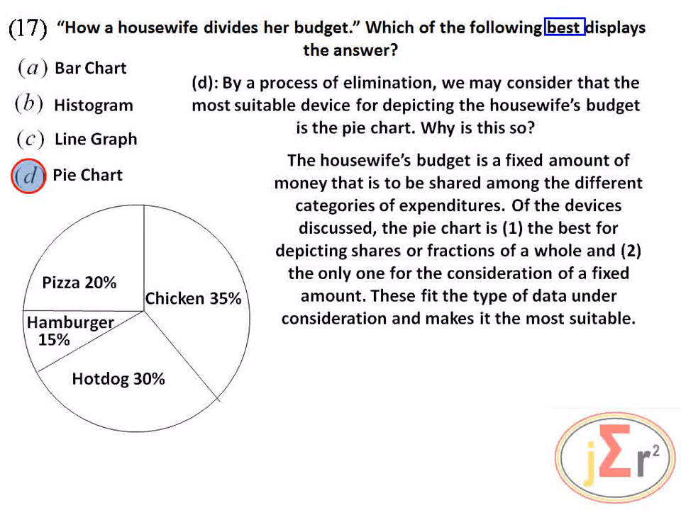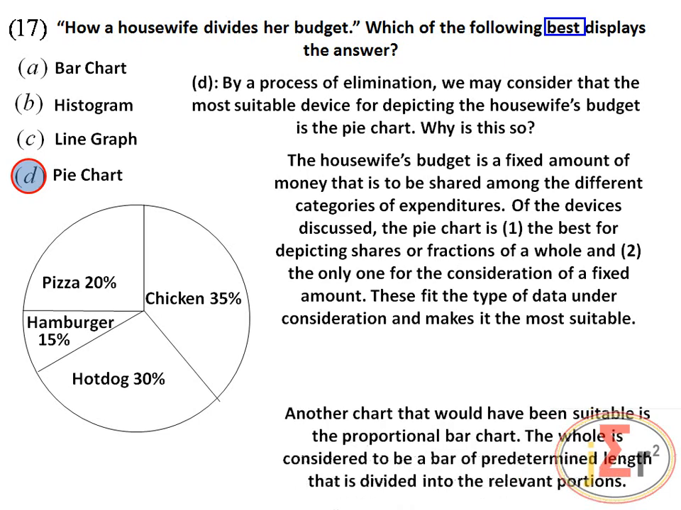The housewife's budget is a fixed amount of money that is to be shared among the different categories of expenditures. Of the devices discussed, the pie chart is, 1, the best for depicting shares or fractions of a whole, and 2, the only one for the consideration of a fixed amount. These fit the type of data under consideration and make it the most suitable. So there is no doubt that option D, pie chart, is the most suitable for showing how a housewife divides